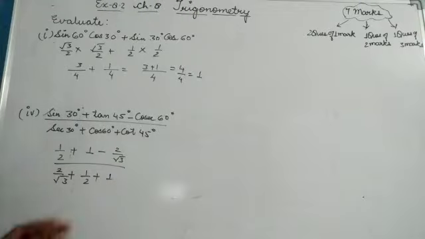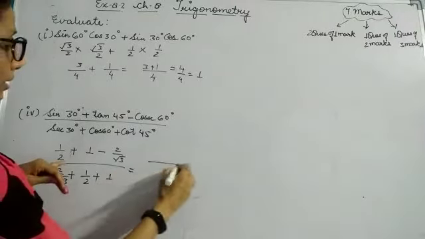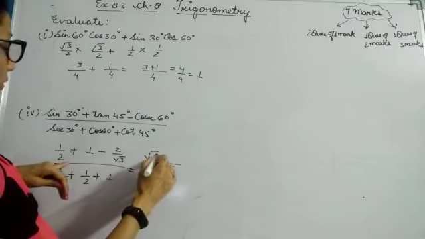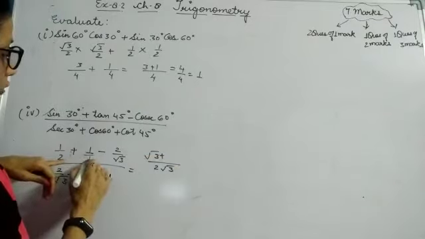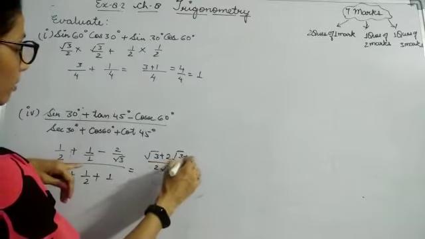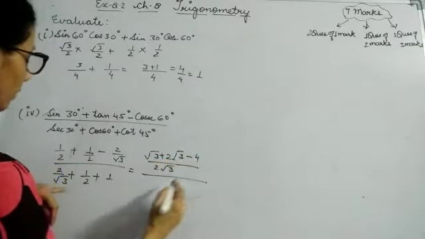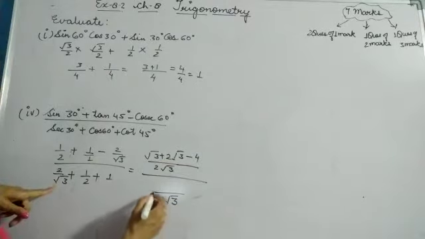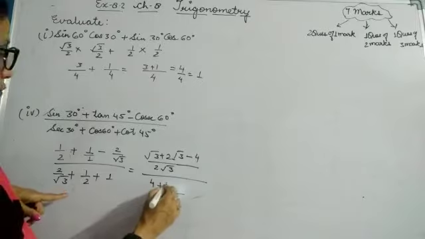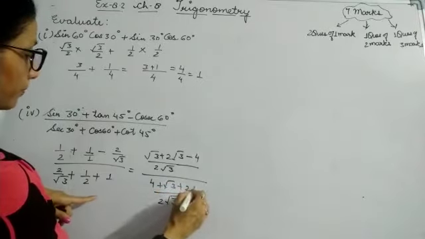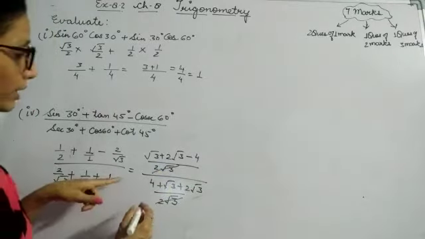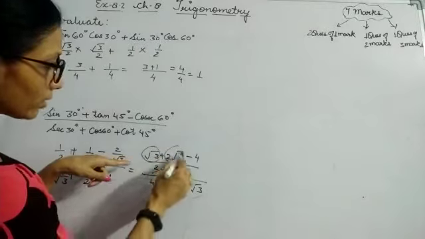Now what you have to do in these types of question, you have to simply take the LCM. So let's take the LCM in the numerator. It is 2 root 3, so I am getting it here root 3 plus here it is 1, so I will be getting it as 2 root 3 minus 4 whole upon, again here I will be taking 2 root 3 as LCM and here I will get it as 4 plus root 3 plus 2 root 3. Now 2 root 3 and 2 root 3 gone, so simply I am getting it as these two are like terms, so I will be adding them.